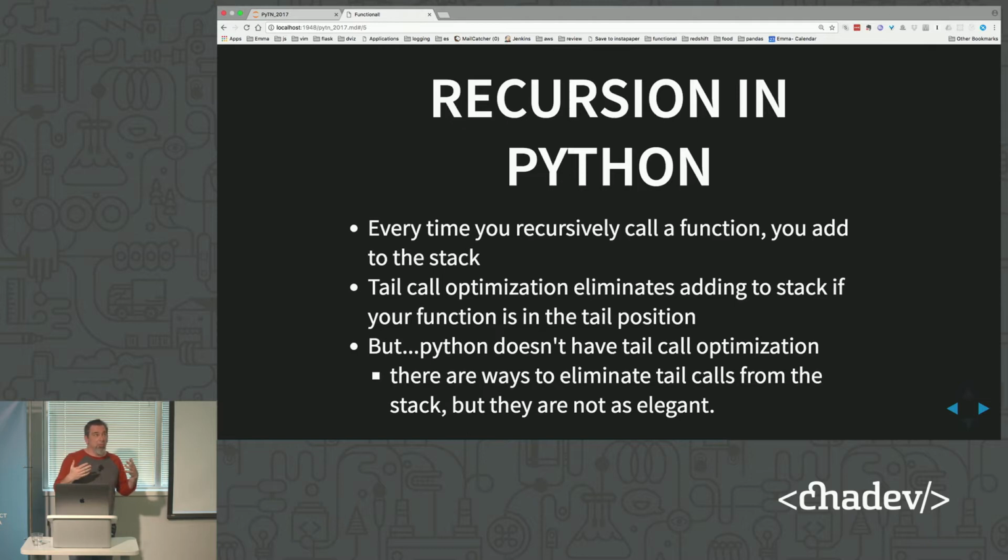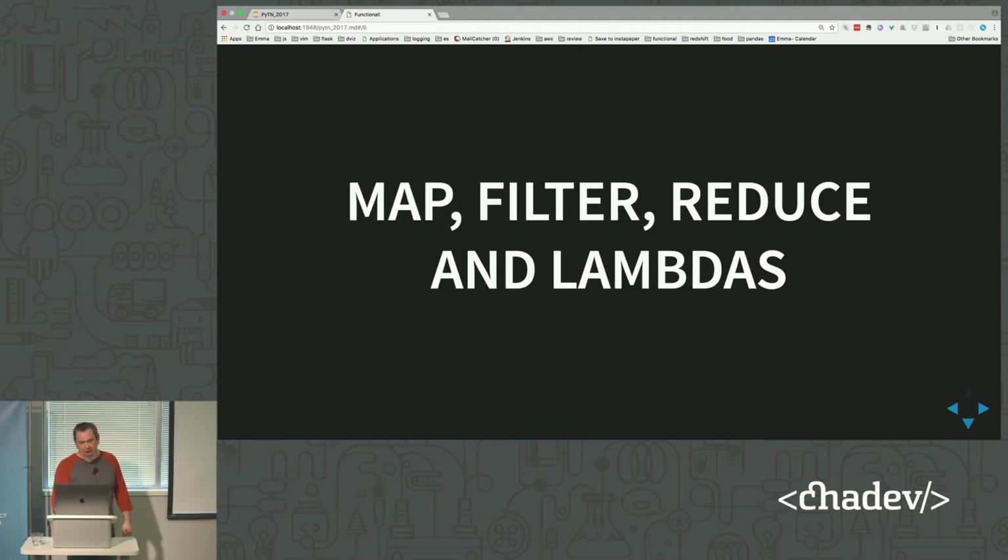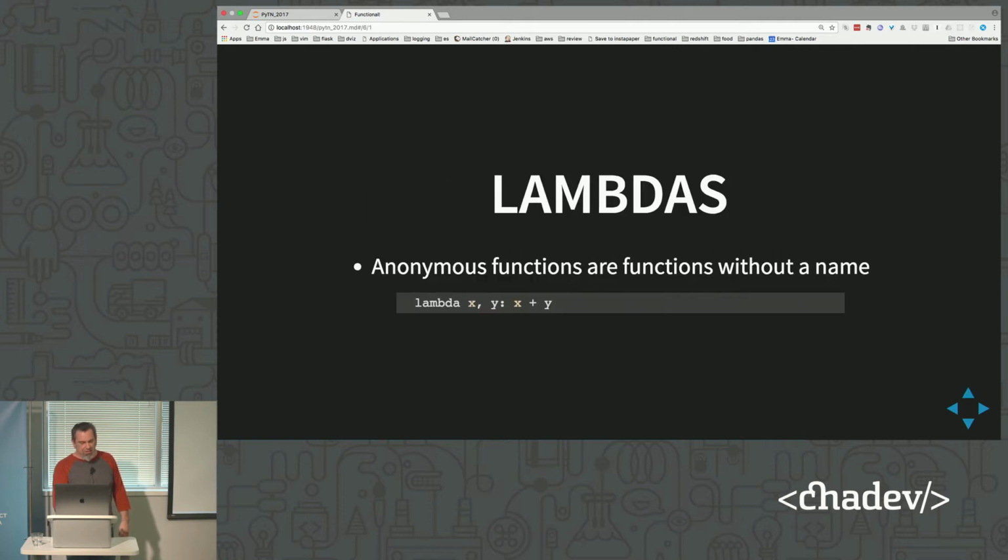If you do tail call optimizations, you lose that history of your stack, right? You don't know if you have a problem somewhere deep in your stack, in what would be your stack, then you've lost all that information, because all you get is that one stack frame, as the optimization reduces everything down to that one frame. So Guido decided it's better to have the entire stack frame available rather than do tail call optimization. We do have map, filter, reduce, lambdas, all that type of stuff.